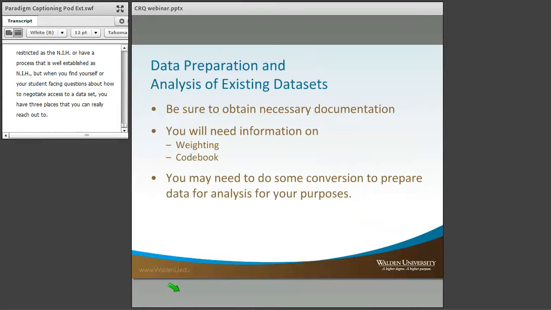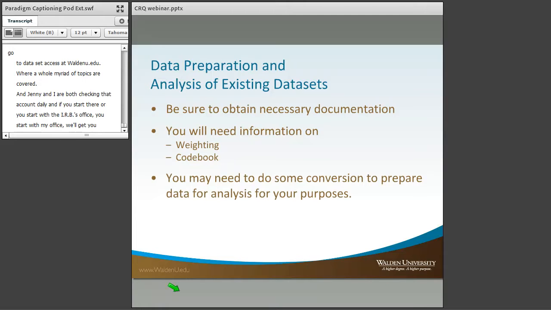One, the IRB is often the first go-to spot. You can always go to my office, which is grants@waldenu.edu, and you can also go to Dataset Access at waldenu.edu, where a whole myriad of topics are covered. And Jenny and I are both checking that role account daily, and if you start there, or you start with the IRB's office, you start with my office, we'll get you and your student to where you need to be